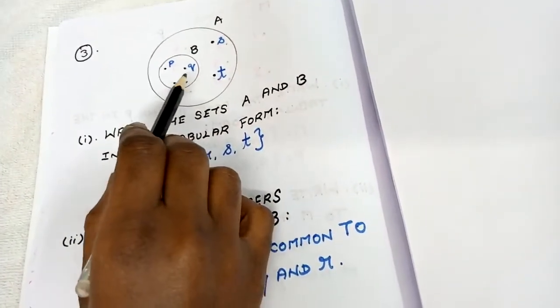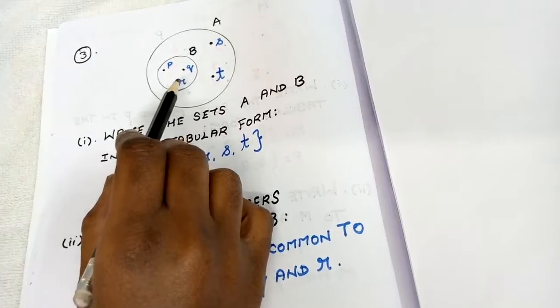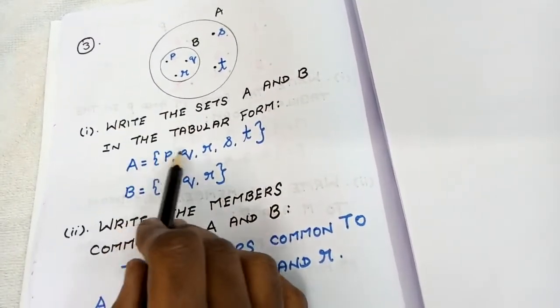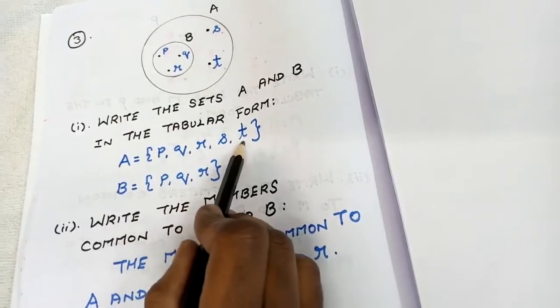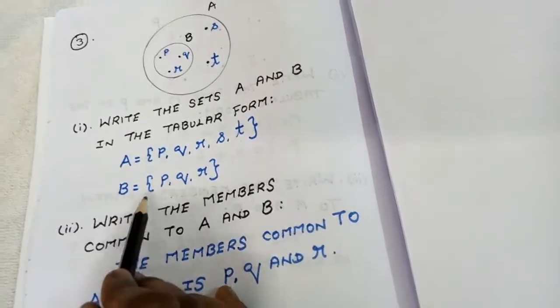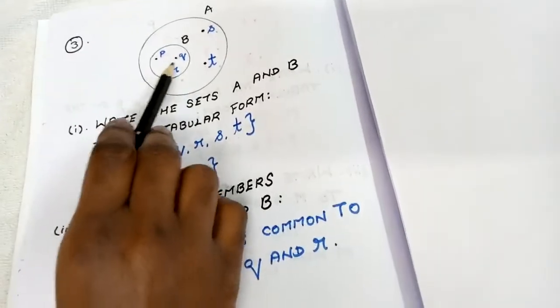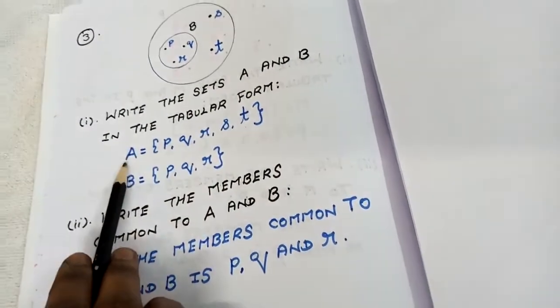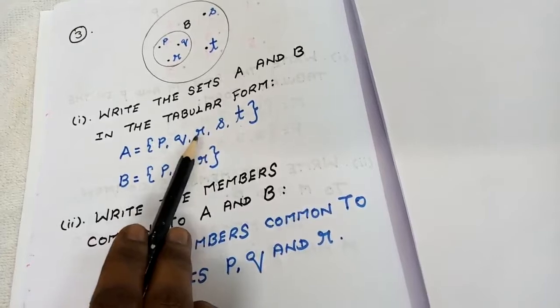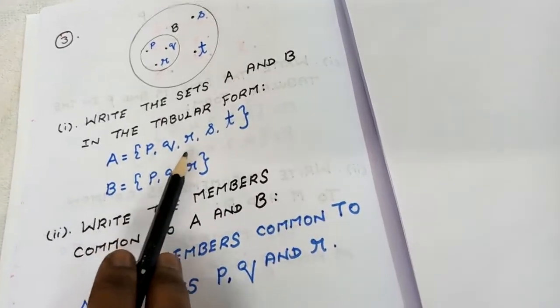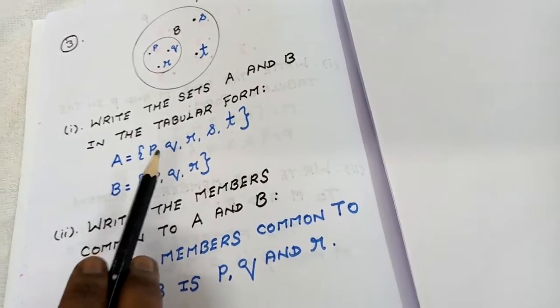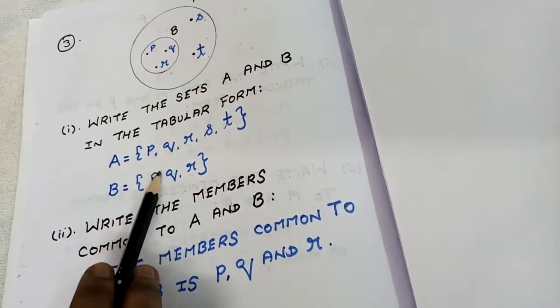So whatever is present inside that particular figure, all those elements will be in A, that is P, Q, R, S, T. Keep that in your mind. And if I am coming to B, B is a smaller circle. Inside whatever I am having, I am writing here P, Q, R. But for A, I am writing P, Q, R also, because it is the outermost circle and whatever elements I am going to have inside will be accepted in A. So that is the idea of the sum.